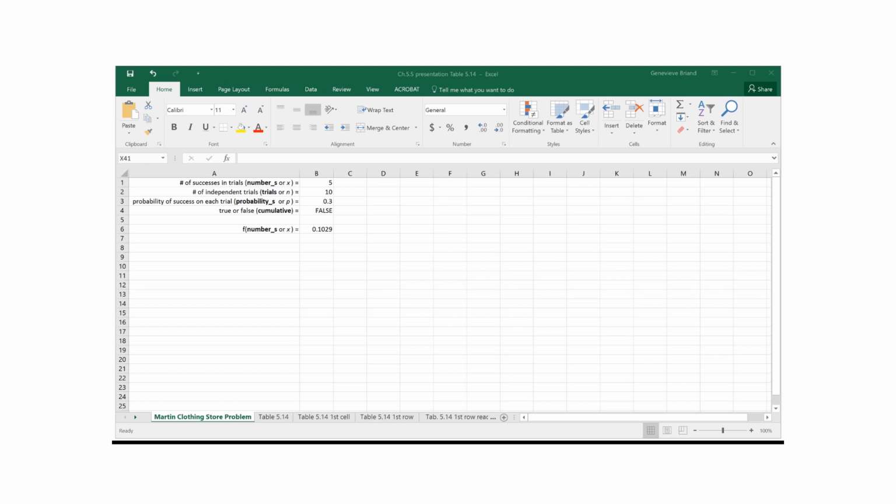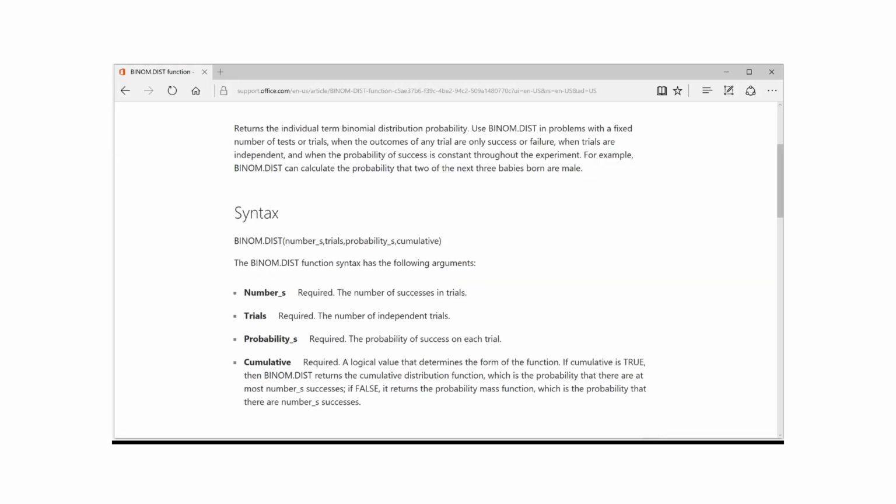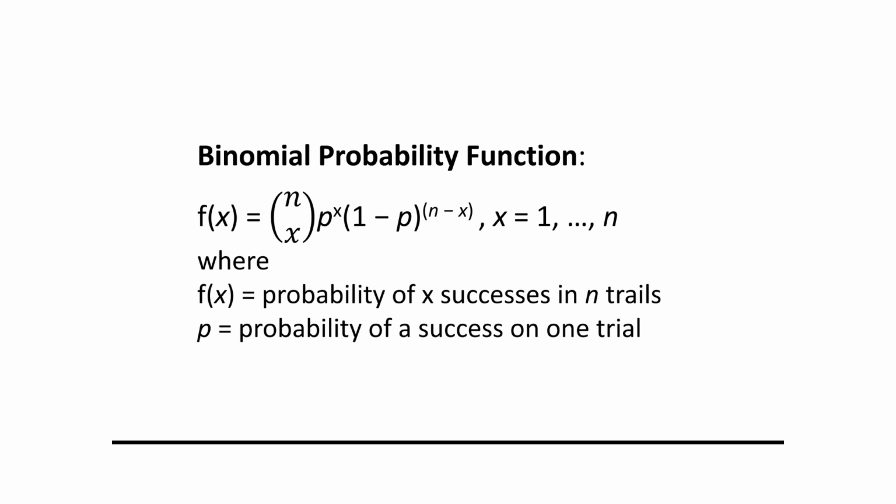Genevieve speaking. In the last presentation, working on the Martin closing store problem, we showed that when the probability that any one customer will make a purchase is 0.30, the probability that 5 of the next 10 customers will make a purchase in the next hour is 0.10. We used the built-in Excel function binom.dist to get this result faster, rather than using this algebraic expression for the